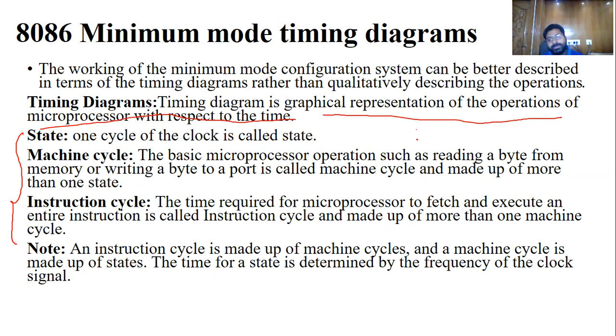Okay, suppose some different machine cycles are used to perform one instruction cycle also. That is based on the type of instruction you are giving. For suppose, an addition instruction you are giving, a multiplication instruction,